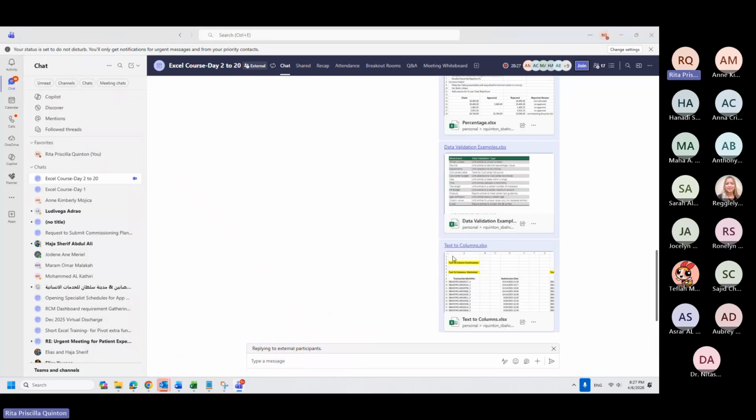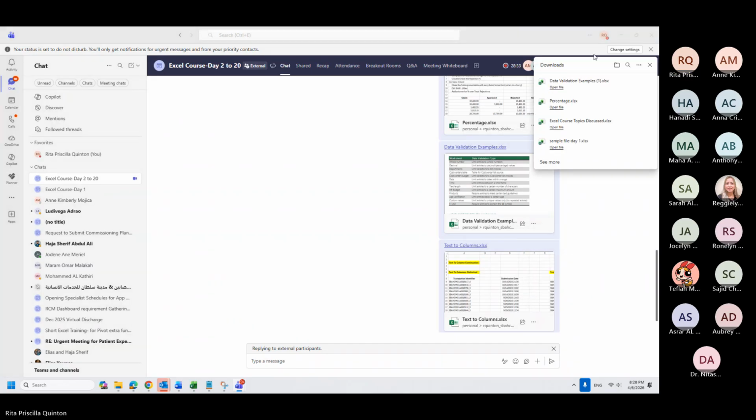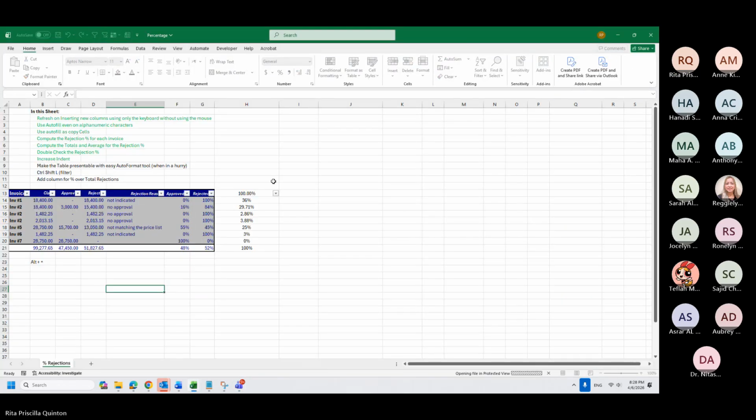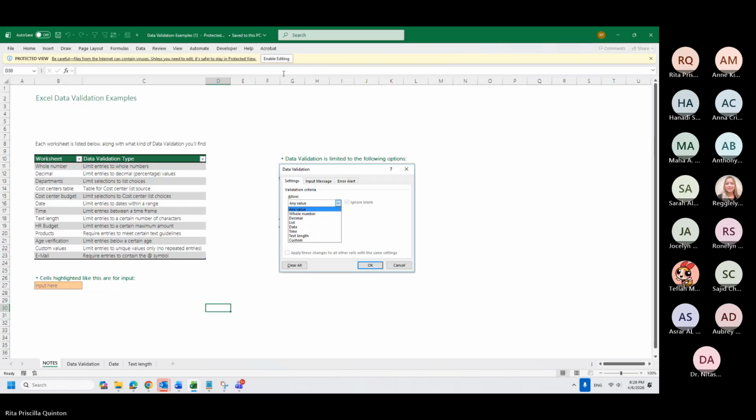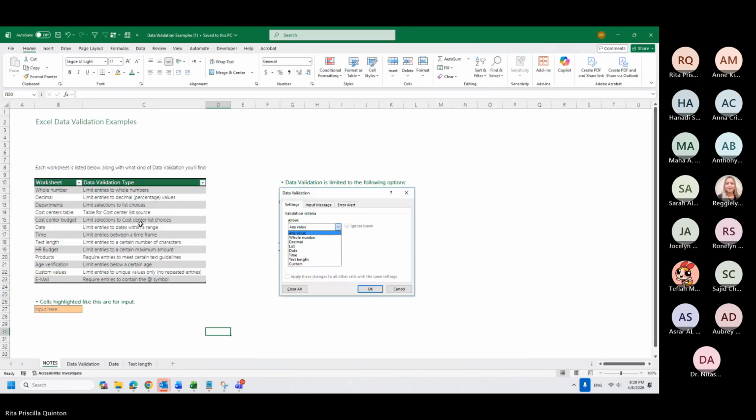Data validation. This is the one I'm very excited to teach you today. Data validation is like giving limit to the person using the Excel.